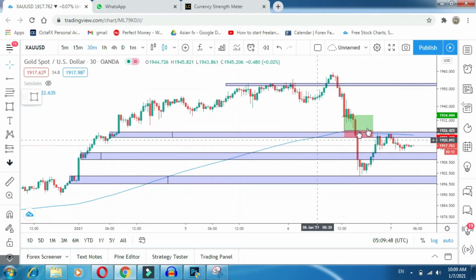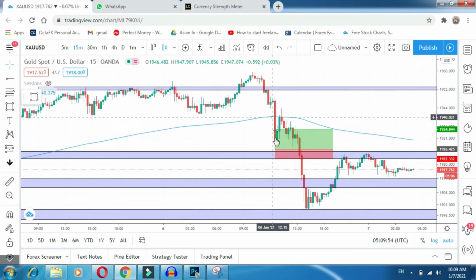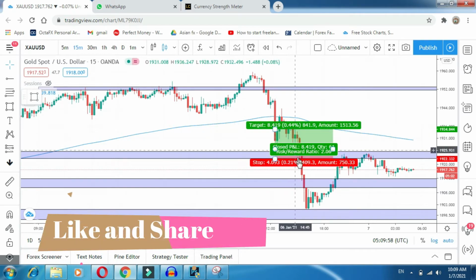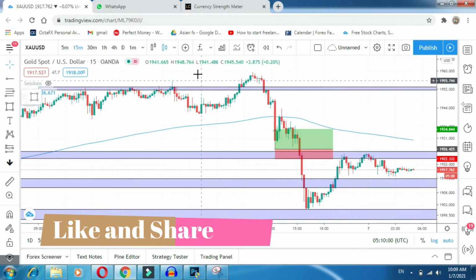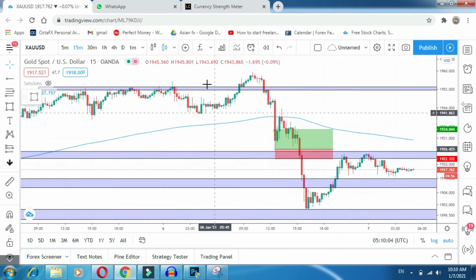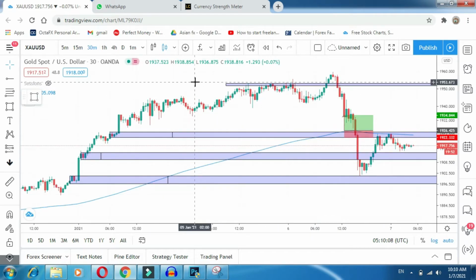Here you can see that this was our trading plan yesterday. If you can see on the M15 time frame, market comes down, picks this order and TP hit. Then market comes down and so on. Our trading plan was also a buy trade on this area. So this was a TP. Hope you all enjoyed this trade.